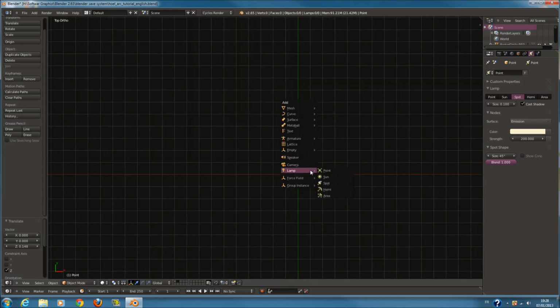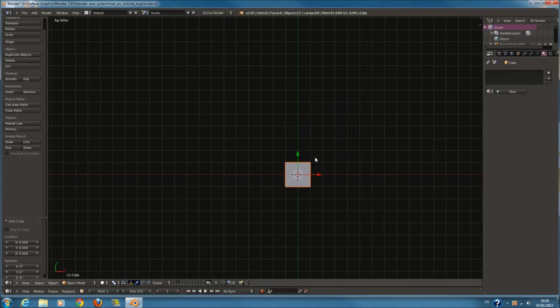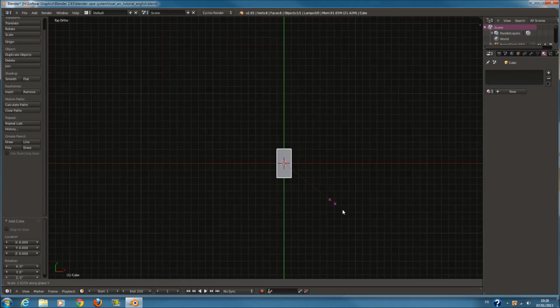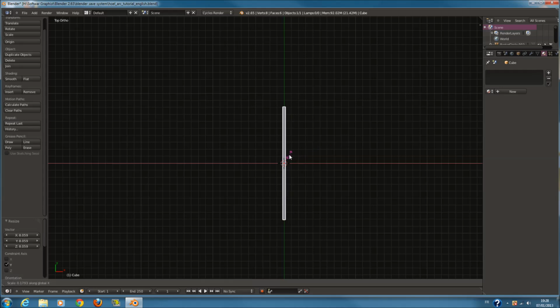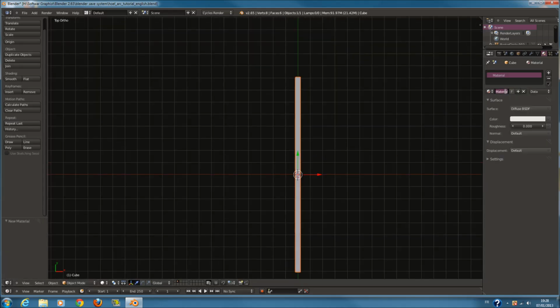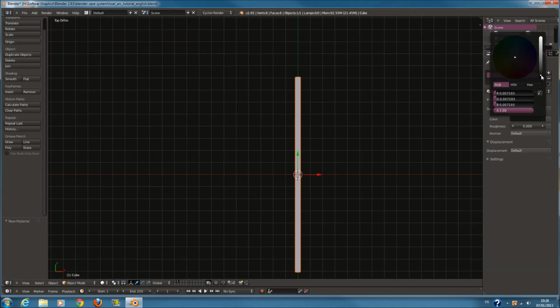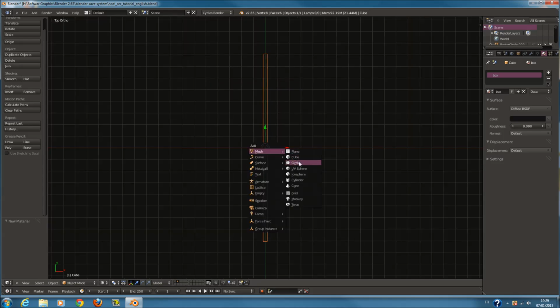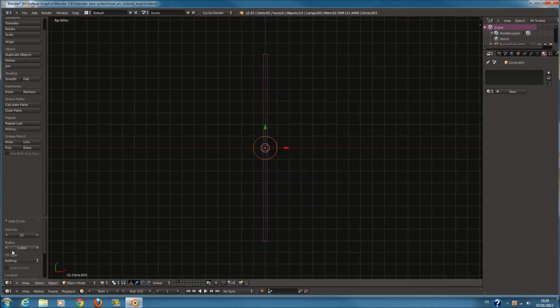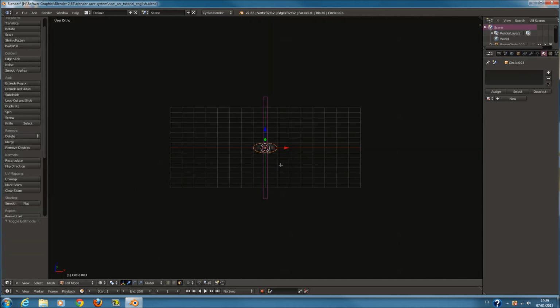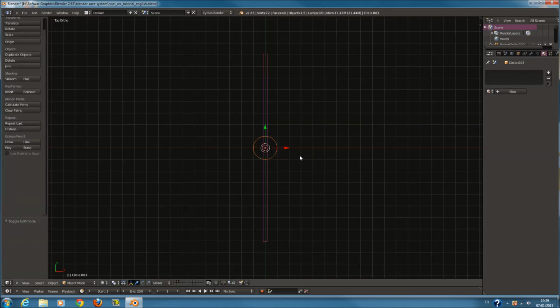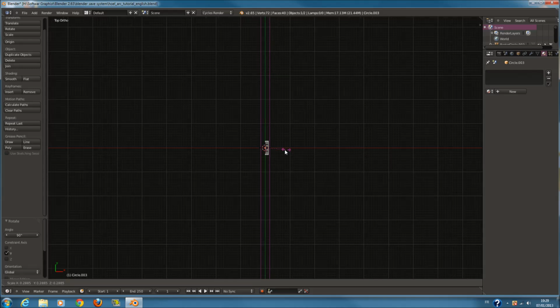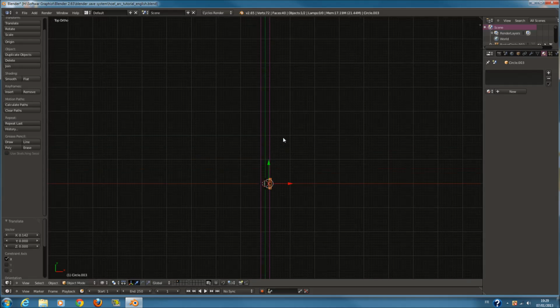So add a simple cube, scale in the y-axis, in the x-axis, rename this box and change the color to black, and add maybe 10 circle, okay, like that, and change to an end gun, scale up, rotate in y-axis, scale down, and